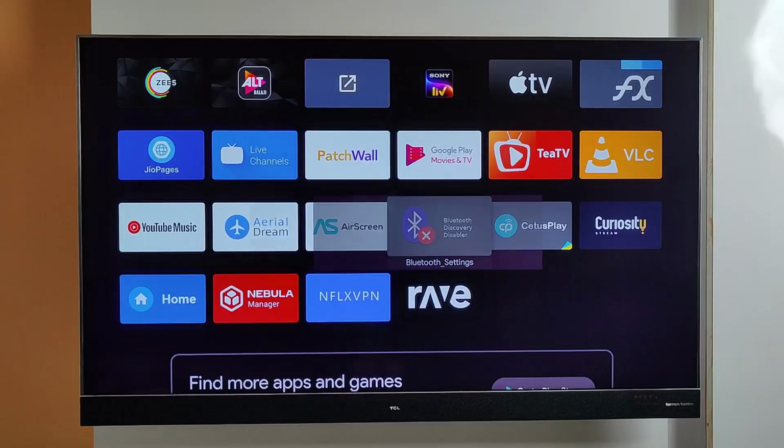Bluetooth on our Android TV is always in discovery mode. So anyone in range can send a request to connect with our TV. And sometimes we have also approved such requests. Now if you want to avoid such situations and keep the Bluetooth discovery mode off, then you can use Bluetooth Discovery Disabler. As you open the app, you will find a discoverable option.